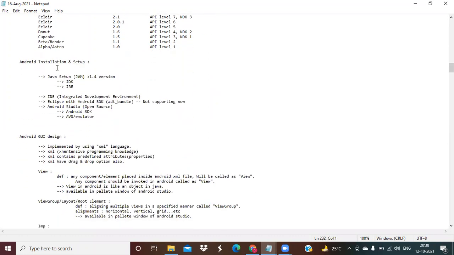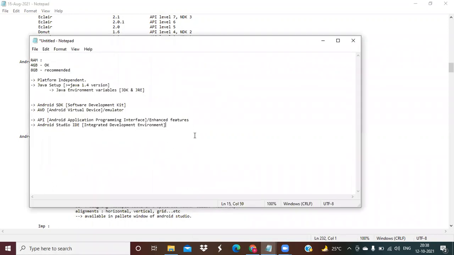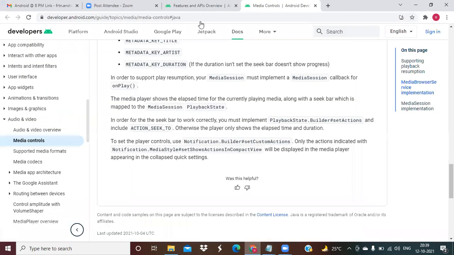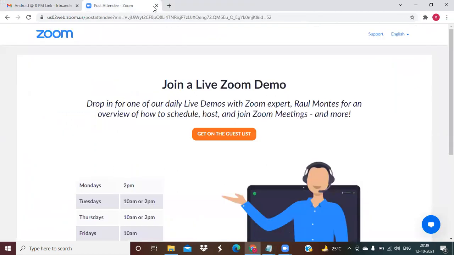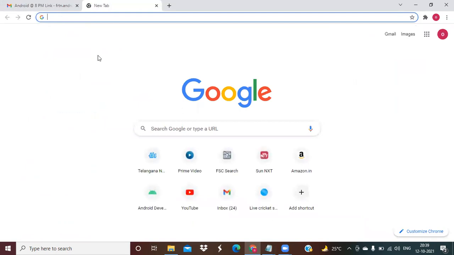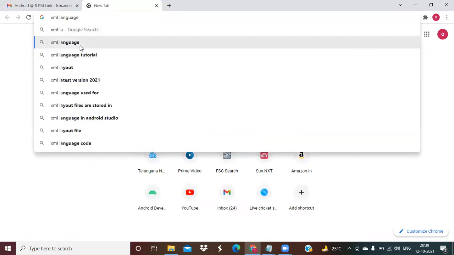Now, before going about setup and everything, next I am going to start Android graphical user interface design. So I already conveyed Android user interface. We are going to implement it with XML language. So what is XML language and how will it be effectively used for Android? I don't want to teach anything from my side. Okay. I would like to convey everything from Google's point of view so that you can understand it easily.